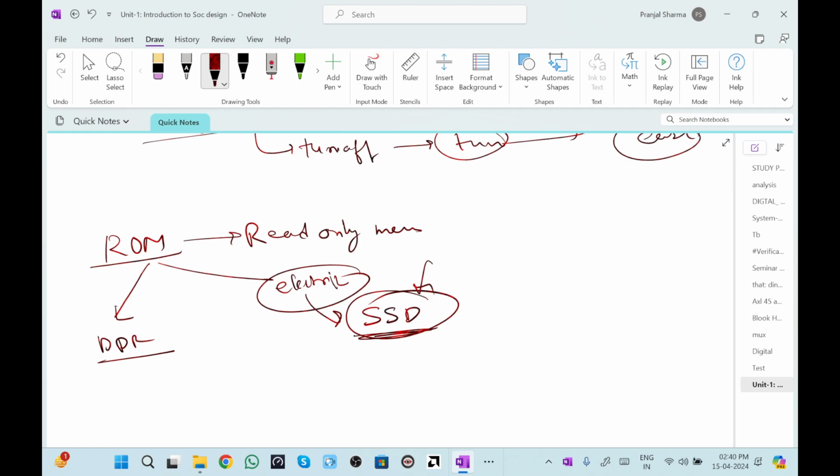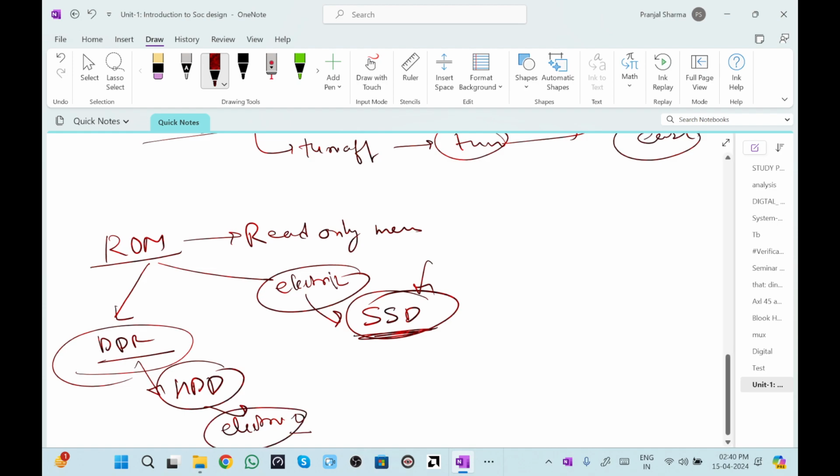I hope it is good till here. HDD was previously used. It works on electromagnetic conditions, and SSD works on transistors.